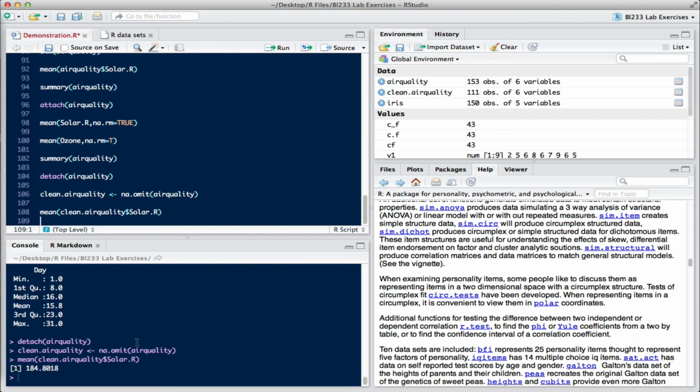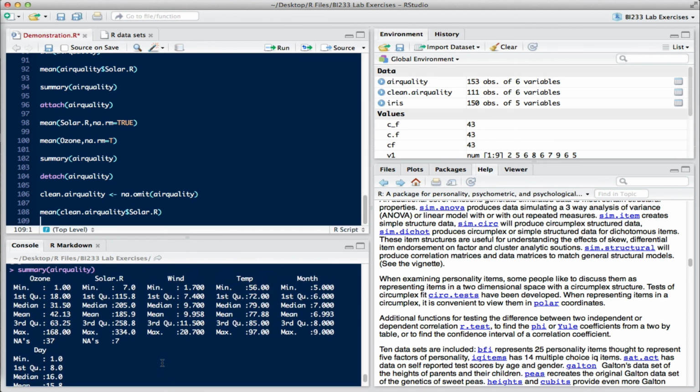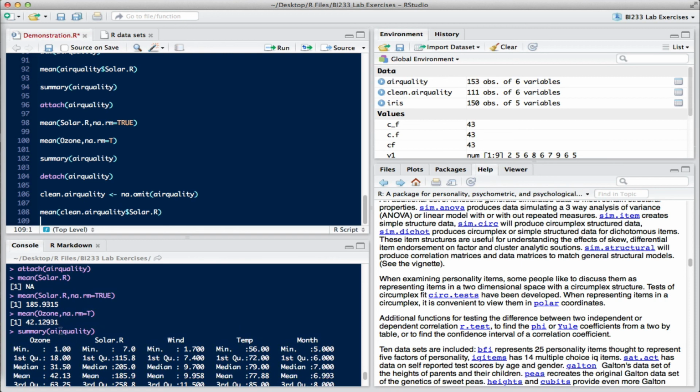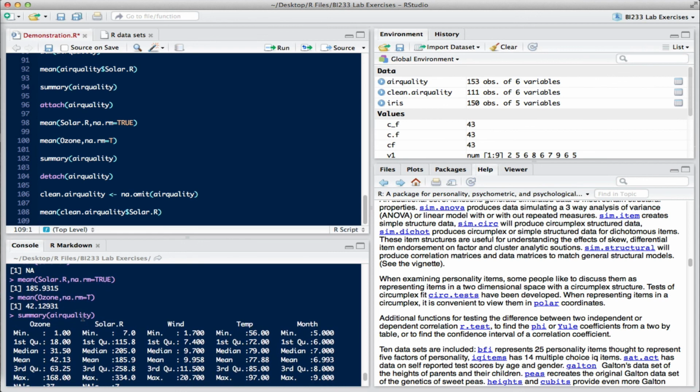But you'll notice that I got a value of 184.8018. But here I had a value of 185.9315. And you can see what happened is that this value here I am basing on 146 values,